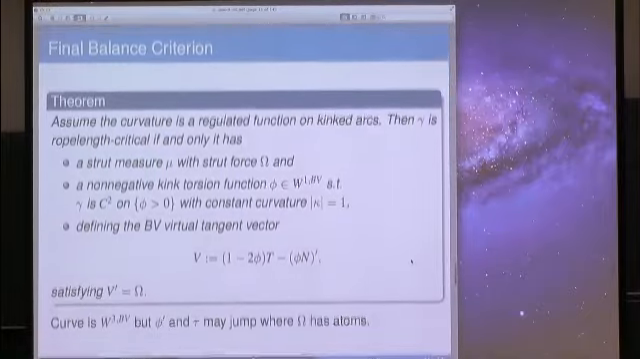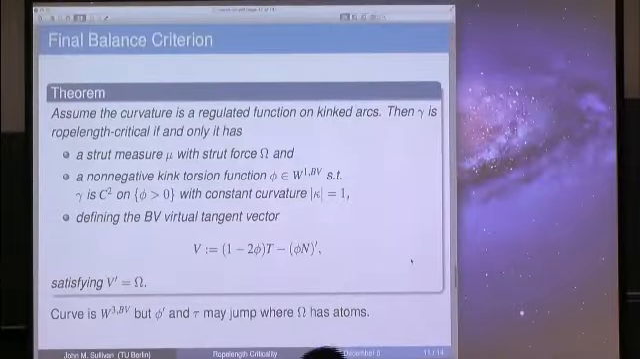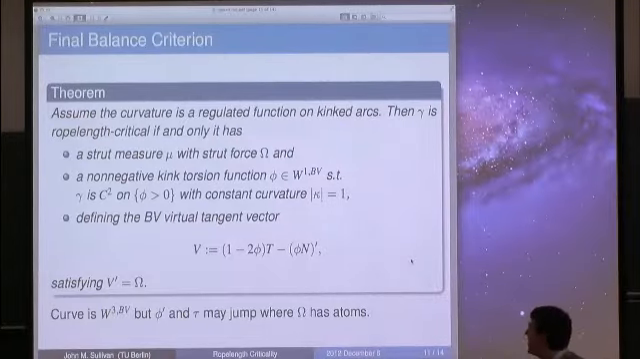But as I said, we just recently finished the paper with the balance criterion for general rope length. And here's the statement of our theorem. Assume the curvature is a regulated function on the kinked arcs. That's a kind of technical assumption we wish we didn't have to make. Then a link